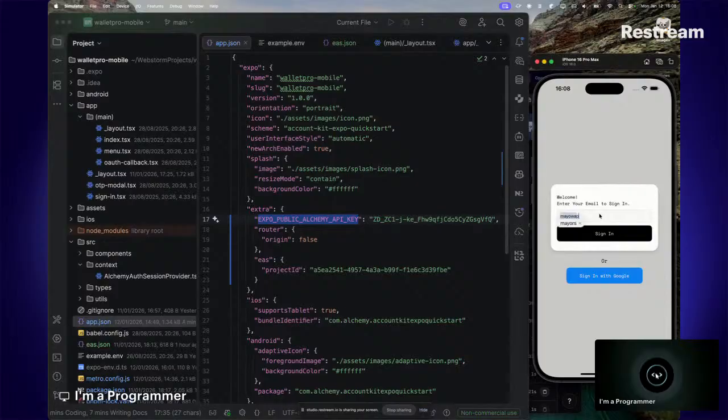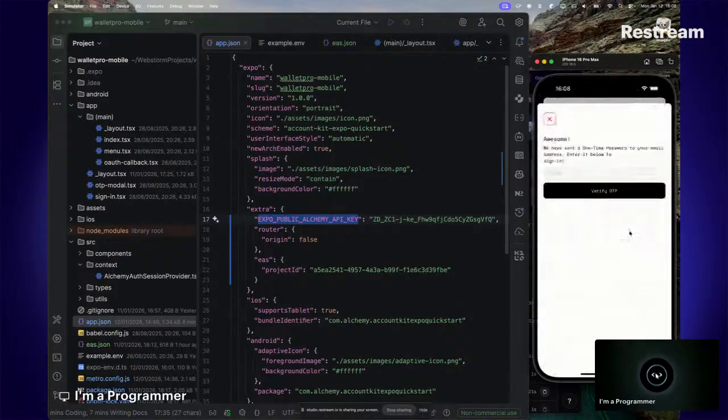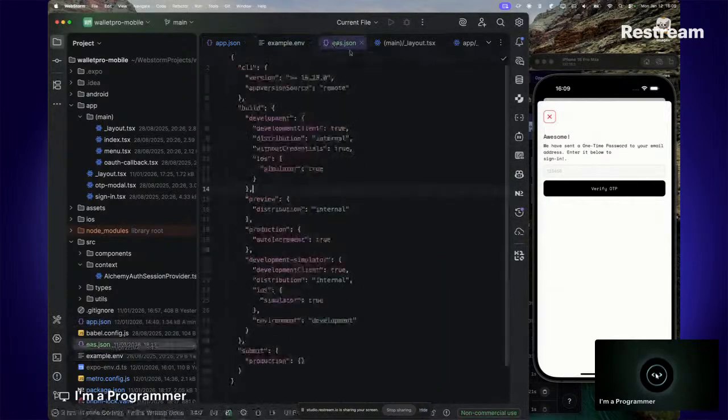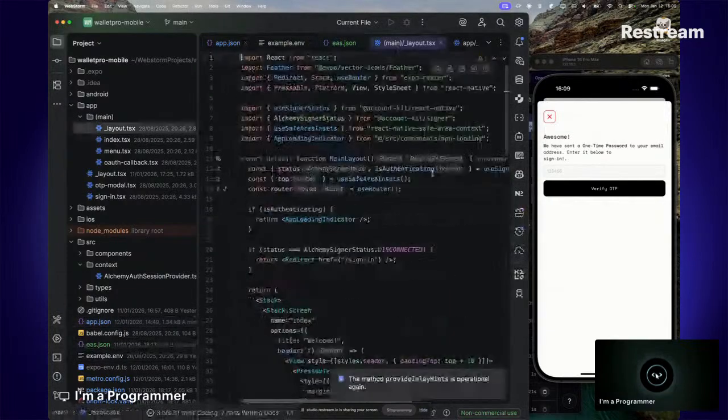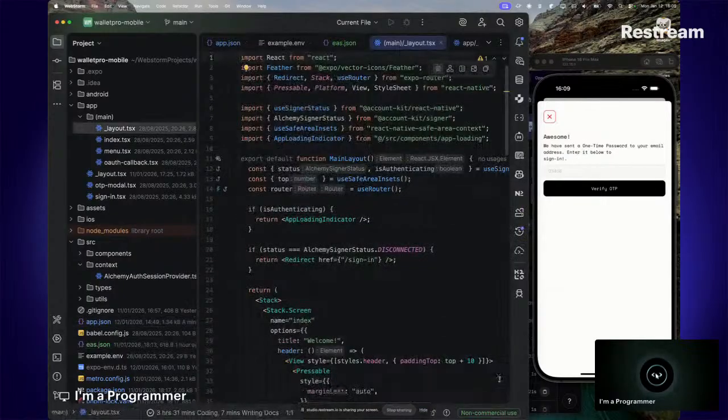Let me add a dummy email that I have and see if that's going to work. So if I send this, if everything goes well now, I should be getting my, what's it called? My OTP, right? If all is well, I should be getting the OTP. And just to be sure, yeah, I got the OTP on my phone. So I'm going to verify, and the OTP is